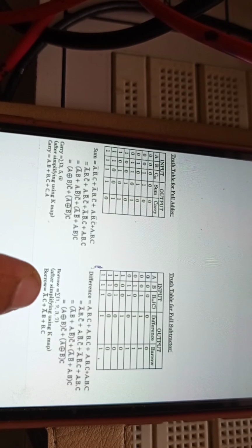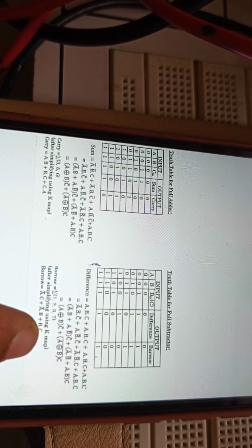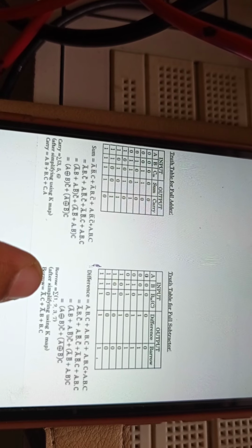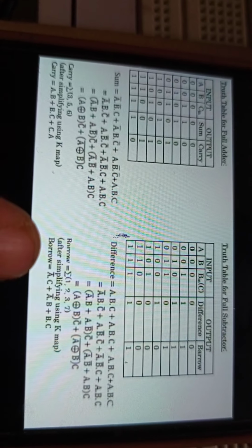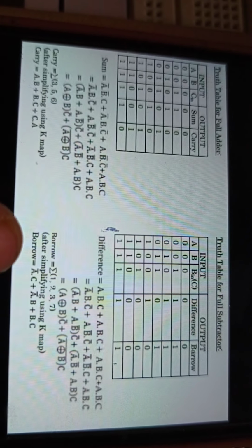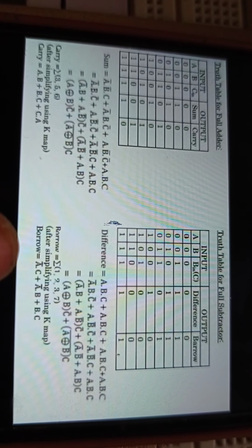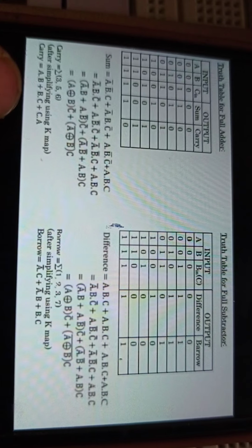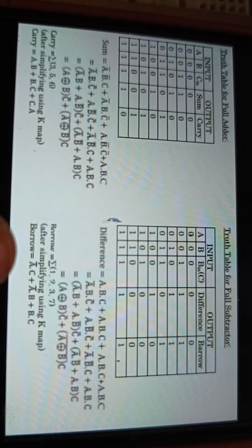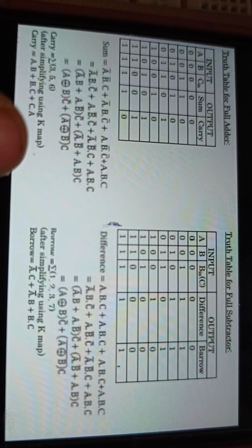Wherever A is there, it is changed to A bar, and BC is constant. Instead of CA, A bar C, and instead of AB, A bar B. So I'll just change these connections from full adder to full subtractor. Where I have given A input for the AND gates, I'll change to A bar, and I'll show both the outputs.